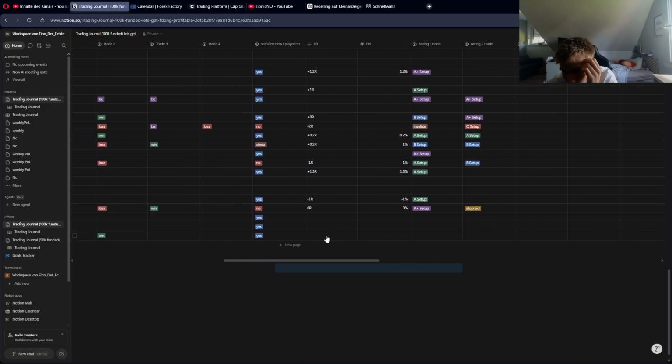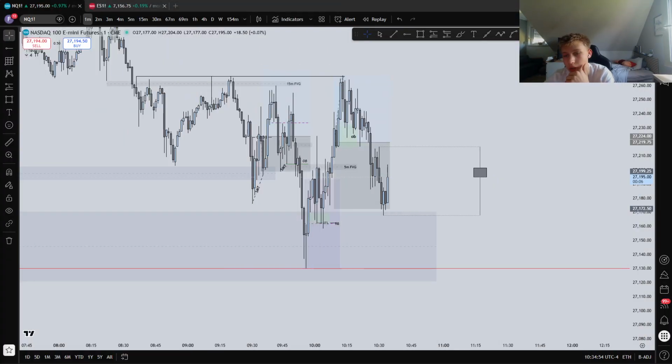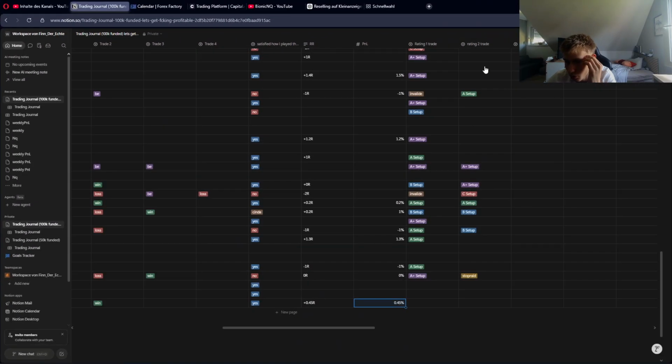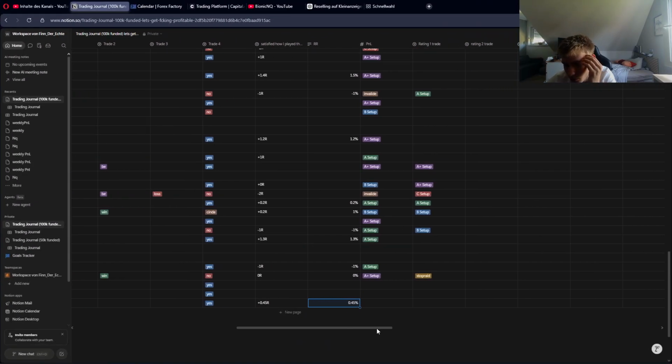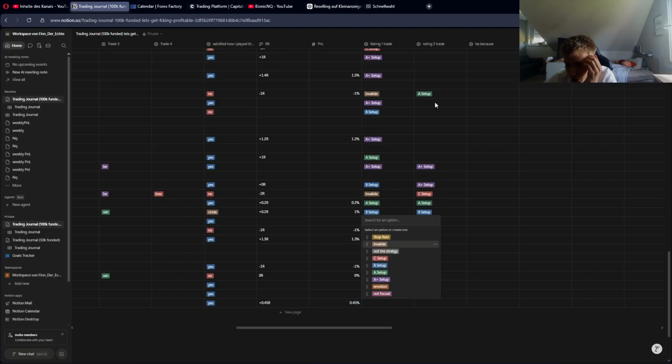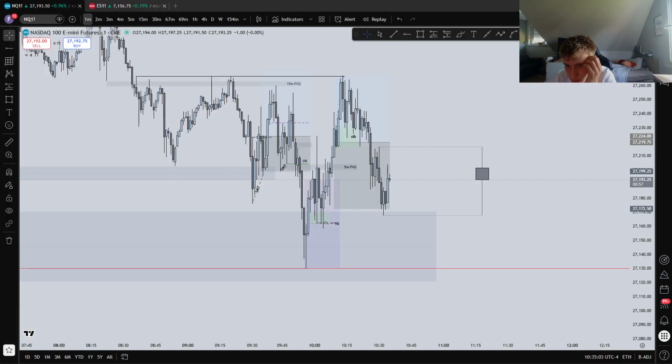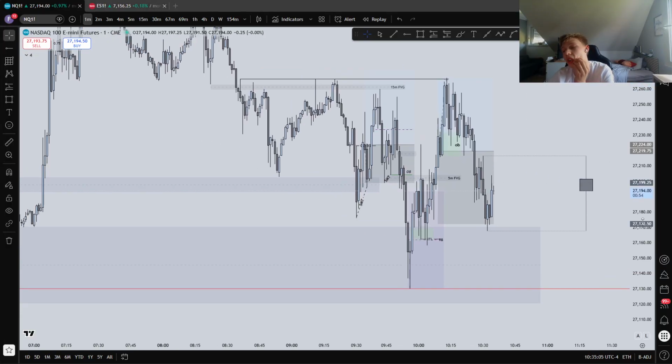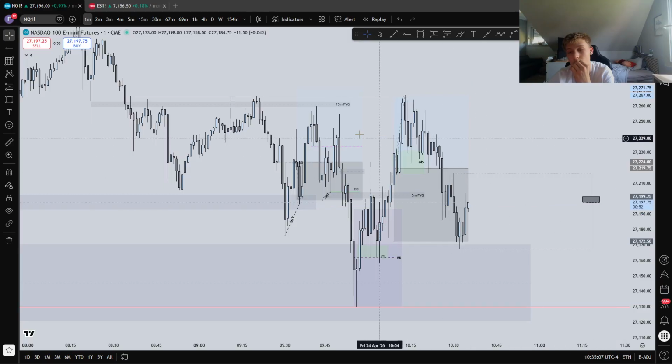RR on these two, we have plus 0.45 R and just plus 0.45%. In real markets you can't do 0.5 because you can't risk the same amount, it's just more or less points in stop. So yeah, this trade could have been a break even, but I had so much conviction, and it was